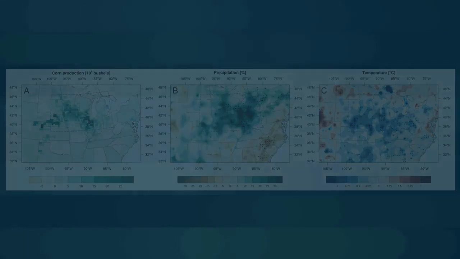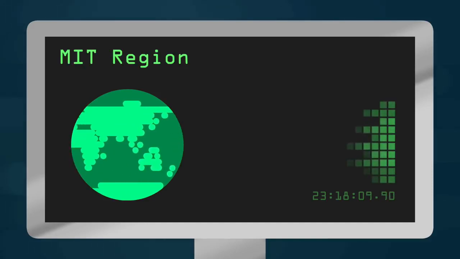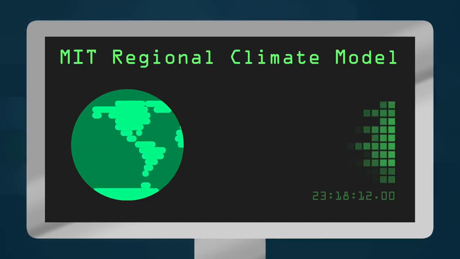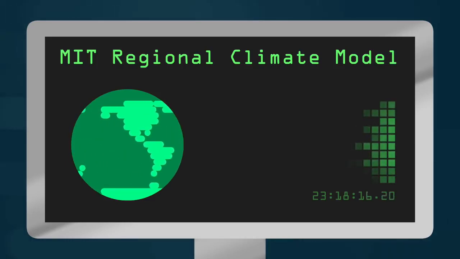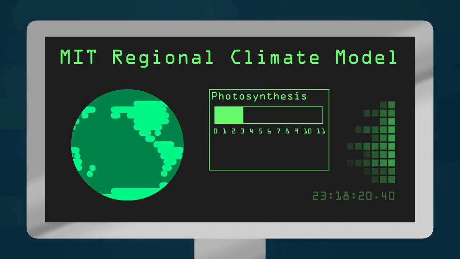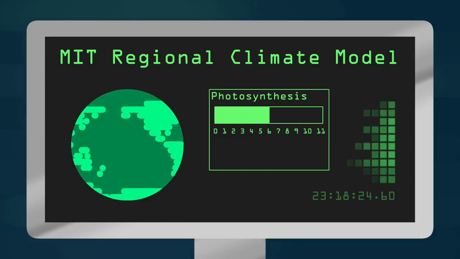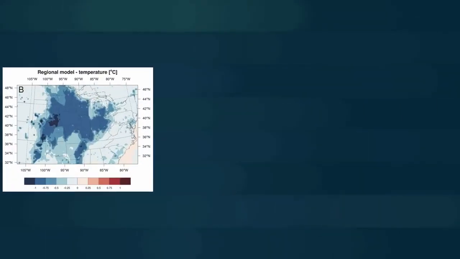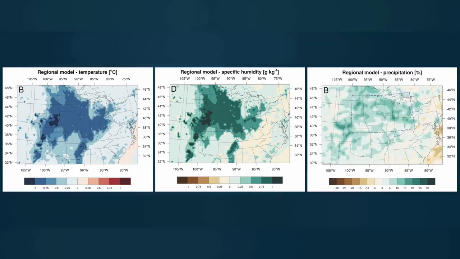To test this hypothesis, the researchers conducted an ensemble of simulations using the MIT Regional Climate Model. In the experimental set of simulations, the historical increase in crop productivity was approximated by increasing the rate of photosynthesis in the simulated crops by a factor of 6, while photosynthesis was unchanged in the control set. The results showed local decreases in temperature and increases in humidity and rainfall that were similar to the trends observed